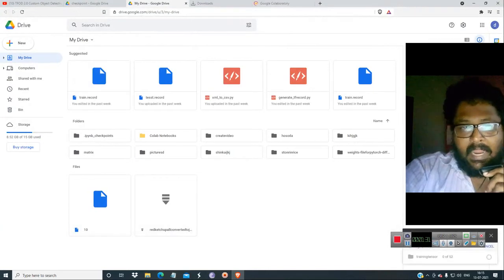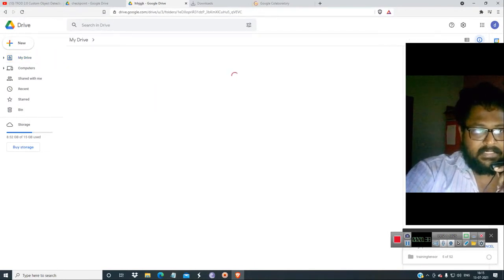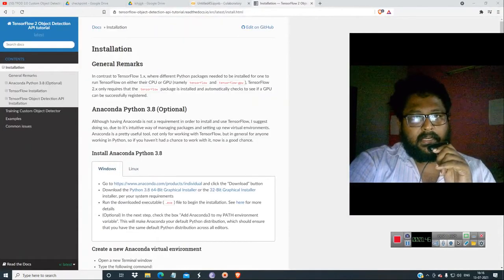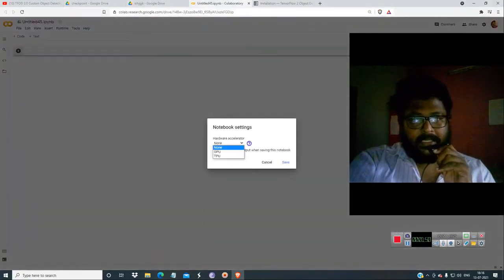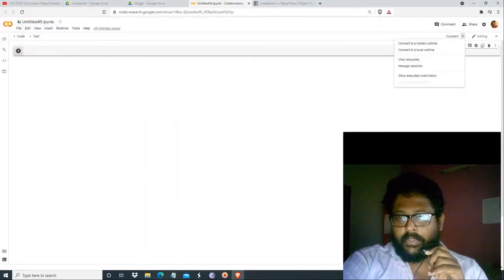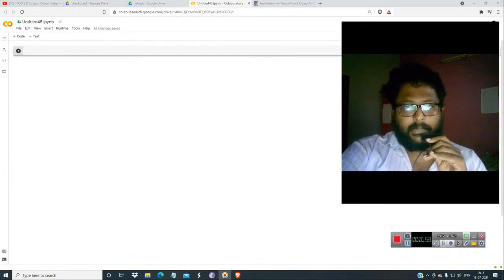Let it upload. After that, what we are going to do is so simple: we are going to import all these files into that folder. Before that, we will do some TensorFlow setting. We are doing it in a Linux system. First you have to connect the runtime and change the runtime to GPU, the same thing you did for the data set preparation.